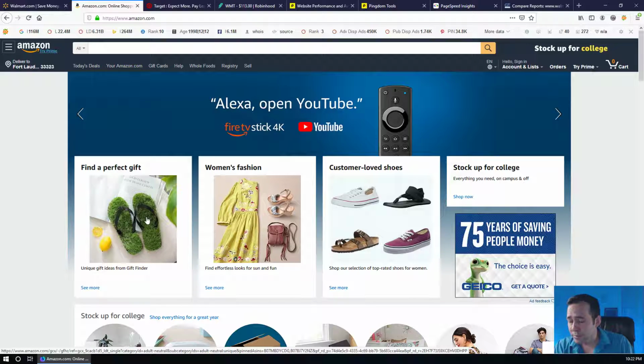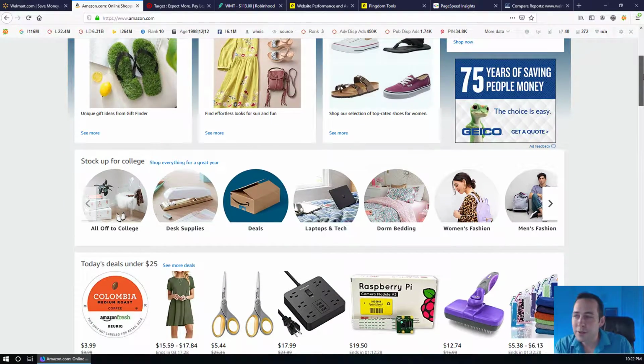It's unique, I guess. Shoes, women's fashion. They have an actual advertisement from another company here, which is interesting. And then, of course, they have a little bit of back to school, and here's another college back to school thing up here. You scroll down the page on Amazon, you start to see that it's